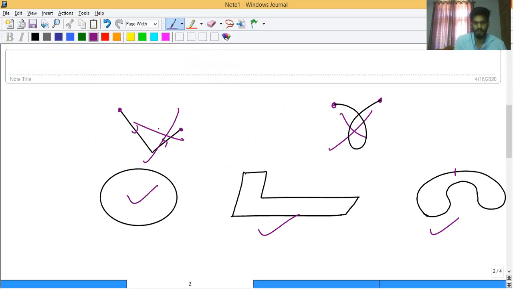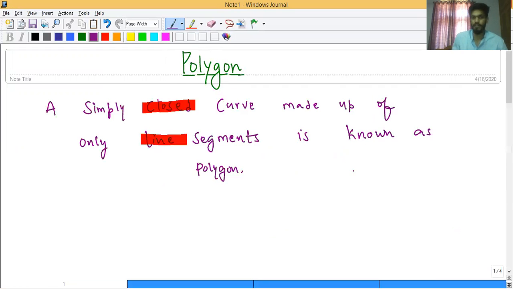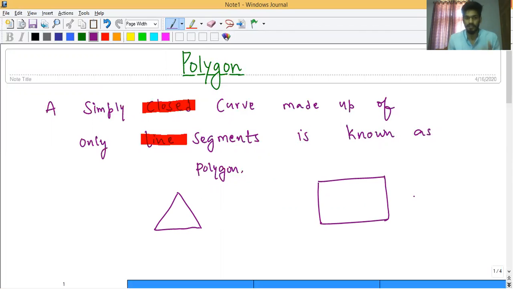Now if you see this example, if I want to close the shape, then I need minimum 3 lines. I need one more line in order to close it. Now it's a polygon. So when we talk about example of polygons, it starts from 3 sides. First of all, made up of 3 sides, which we call triangle. Then we have 4 sides, we call it quadrilateral. So with this we can get to know that polygons are classified on the basis of number of their sides. If number of sides is 3, it's triangle. If number of sides is 4, then it's quadrilateral, and so on.